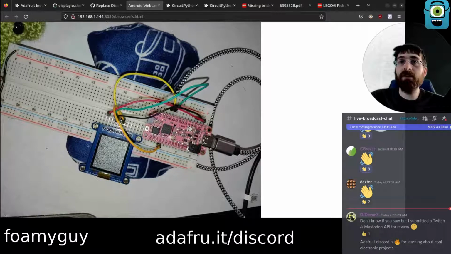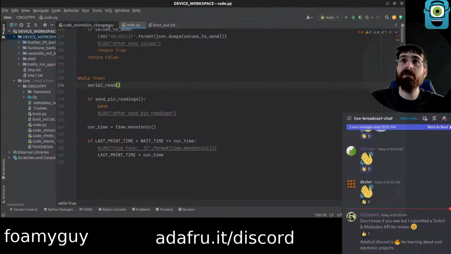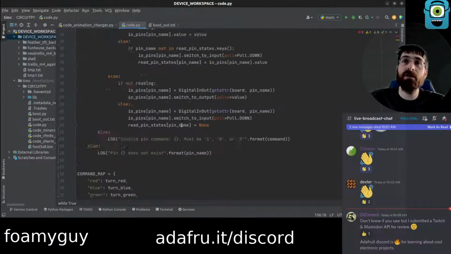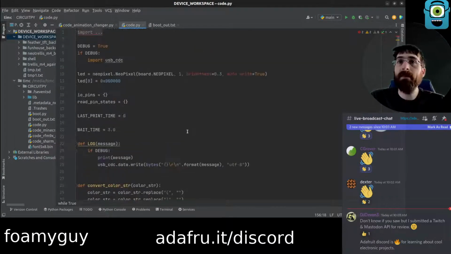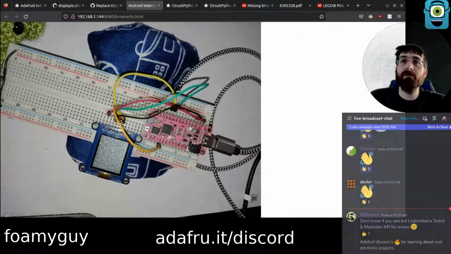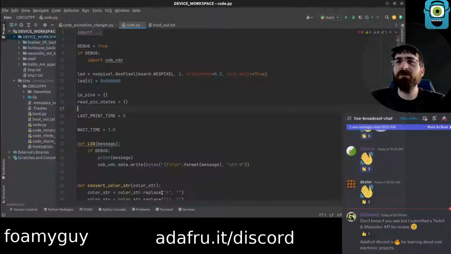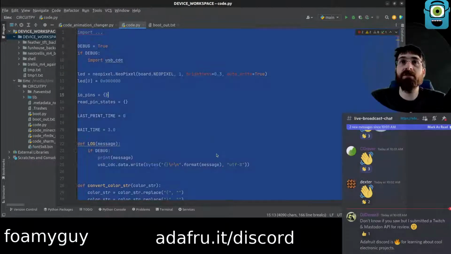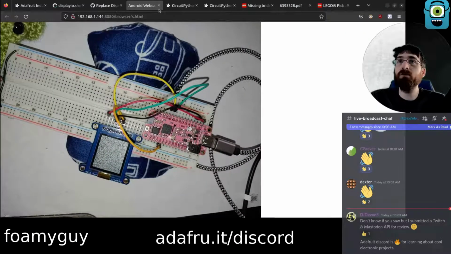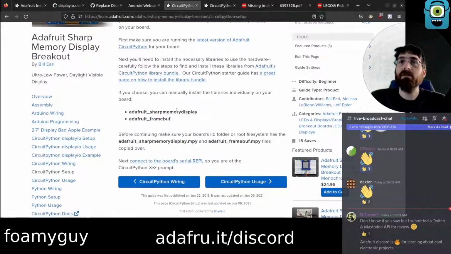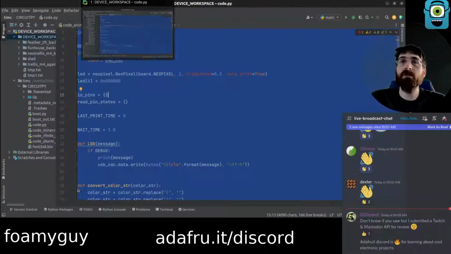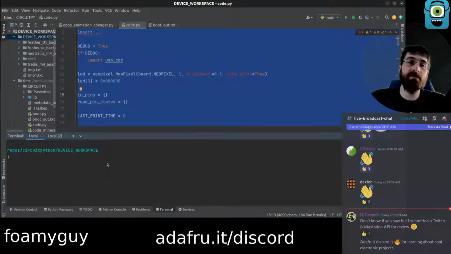an RP2040 Feather and a Sharp display, but it's not running any code. Well, I should say the code it's running is not actually doing anything on the display, or not intending to do anything on the display. It's actually making this static, which is kind of interesting, but that part is kind of coincidental. So we need to basically get a baseline kind of control for testing this. We want to get the Sharp Memory Display working. I don't know if I ran it on this device before or not. I'm going to install the stuff for it.